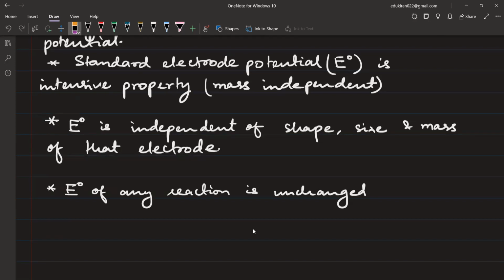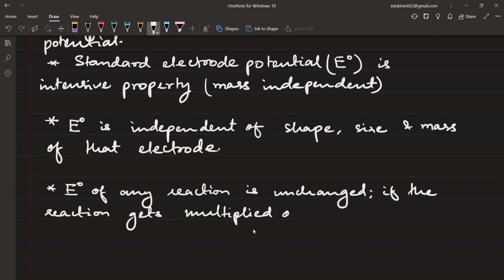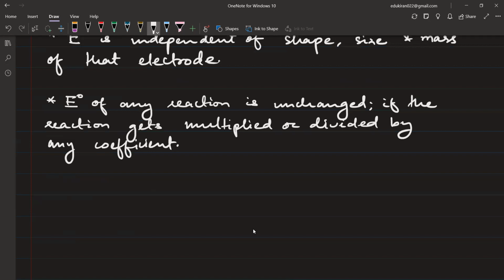Okay, it is E naught of any reaction is unchanged if the reaction gets multiplied or divided by any coefficient. Okay, so for example, if we have